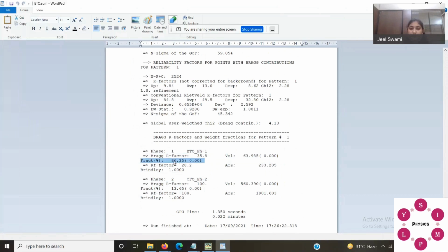So it is saying that up to this much refinement, 86.35% is BTO and 13.65% is my CFO. So the material which I synthesized has 13.65% of CFO and 86.35% of BTO. So from this sum file, you can say how much percent phase you are having for phase 1 and phase 2. Any question?